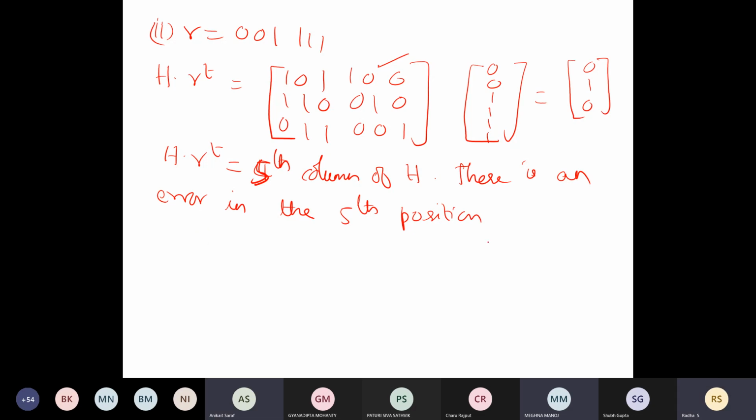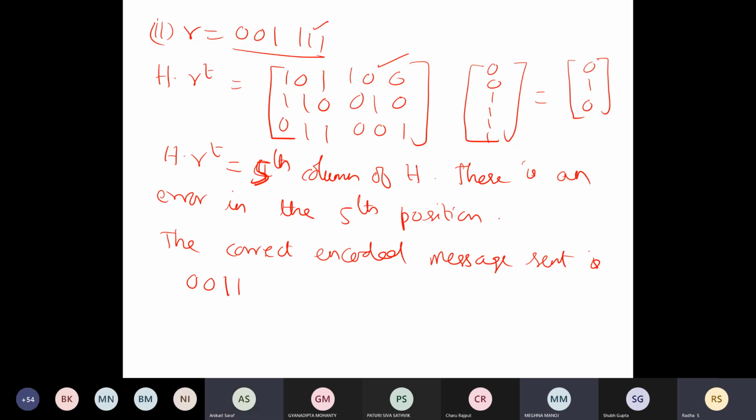So fifth position means what? The correct encoded message sent is not this message. Fifth position, there is an error. Can you say what should be the correct thing? 001101. The fifth value is 1 here; you have to change it to 0.